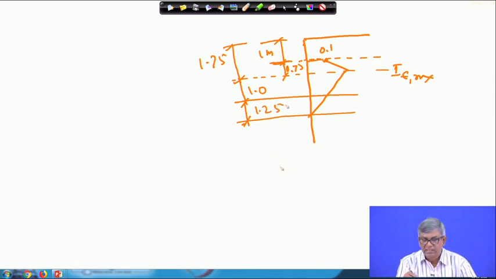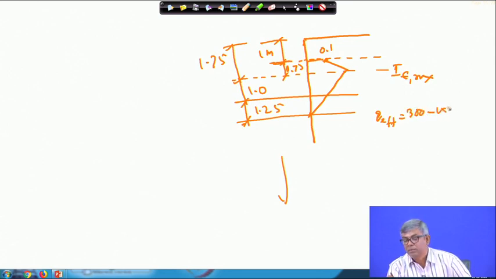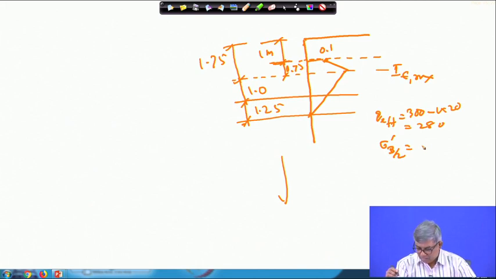Okay. So, this layer is extended beyond that, but I will take settlement up to this. So, this is the diagram now. So, you will have Q effective will be 300 minus 1 multiplied by 20. So, it will be 280 and you will be having sigma B by 2 dash, that will be equal to 1.75 multiplied by 20. So, that will be equal to 35